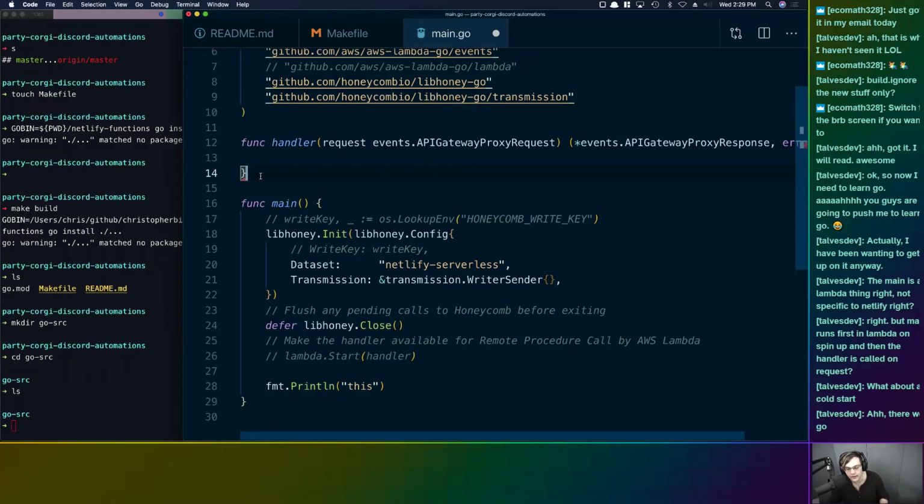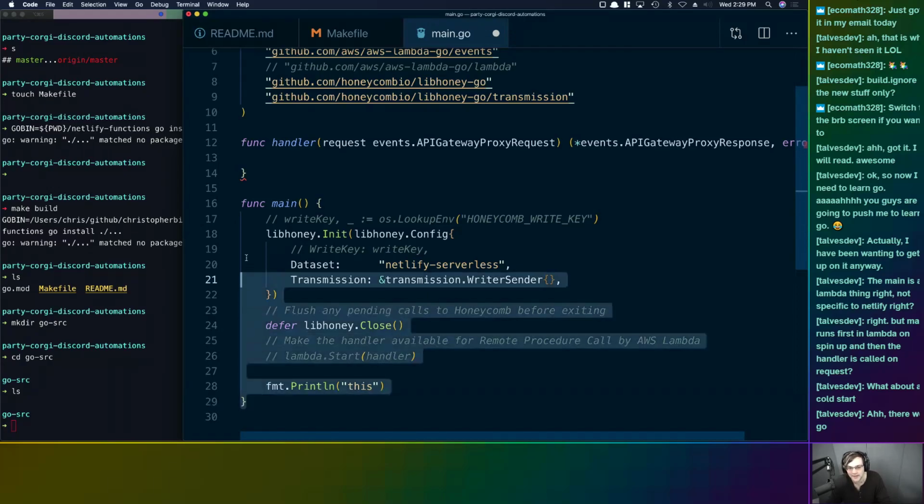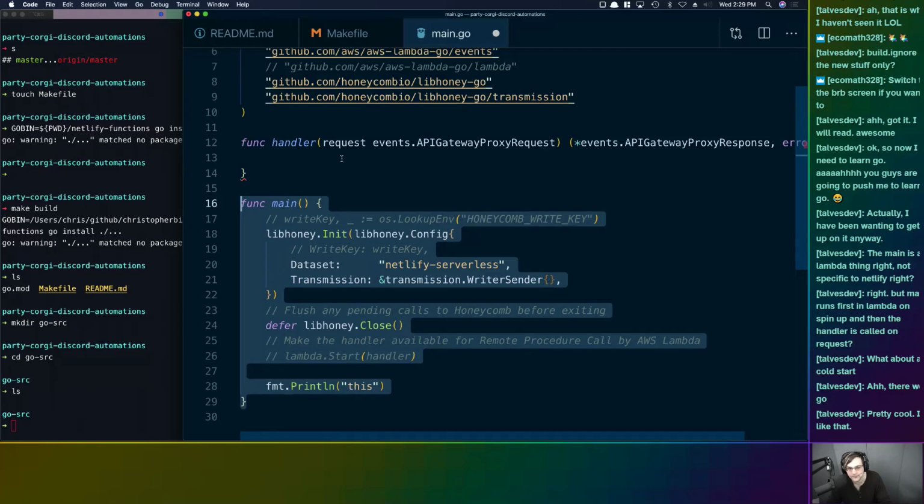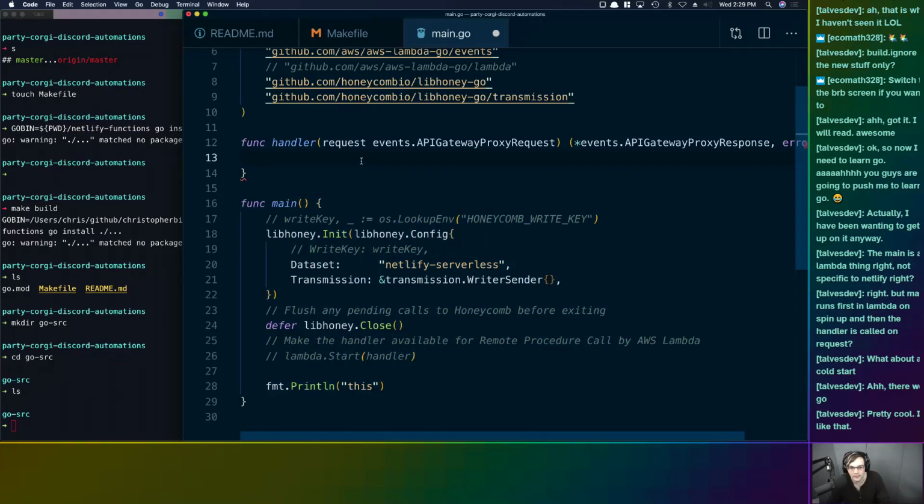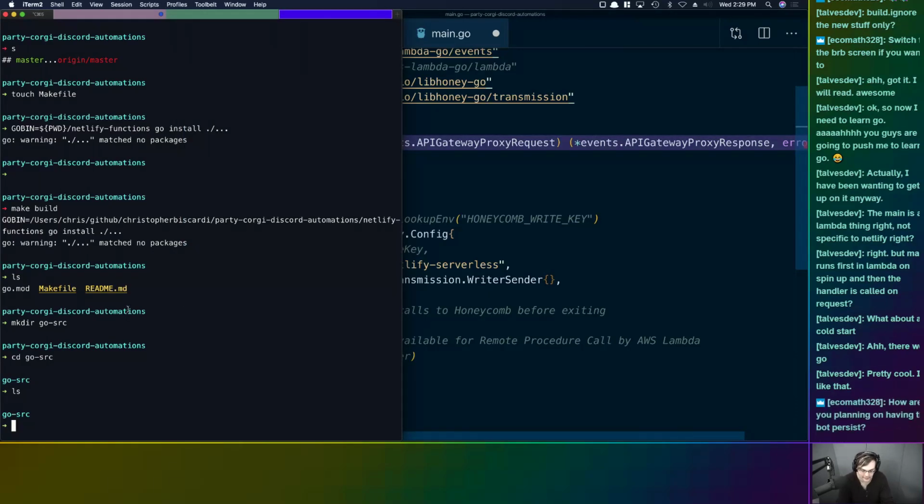I know that if you don't get a request for 10 minutes, AWS will spin your Lambda down, and then you'll get another cold start, which I think is just instantiating another Lambda, which is why this main function would run at that time. But I am not 100% sure on that. Yeah, like I said, the main thing is that this runs once, this runs every time. So if we do the go bin,